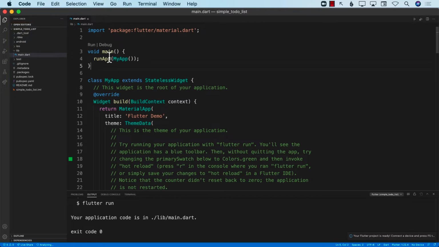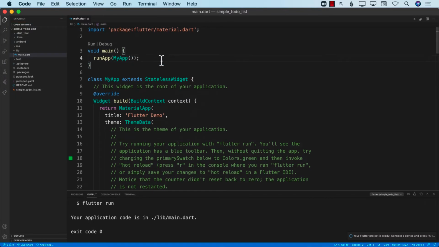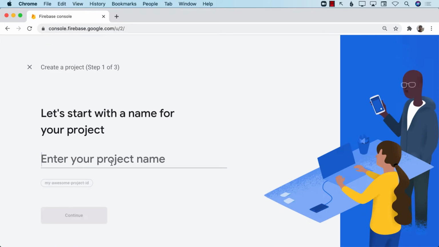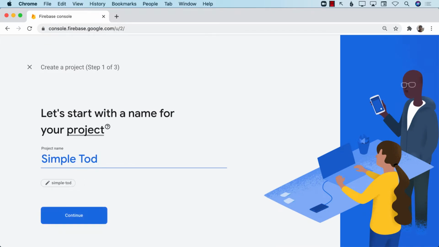All right, great. Okay, so what's the next step? Well, the next step is to go and create a project on Firebase console. So I'm going to go to Firebase console, which you can get to by simply going to console.firebase.google.com. You can see that I already have a couple of projects like grocery app and to-do list app. I'm just going to add a new project and I will call it anything I want. So I'm just going to call it Simple To-Do List